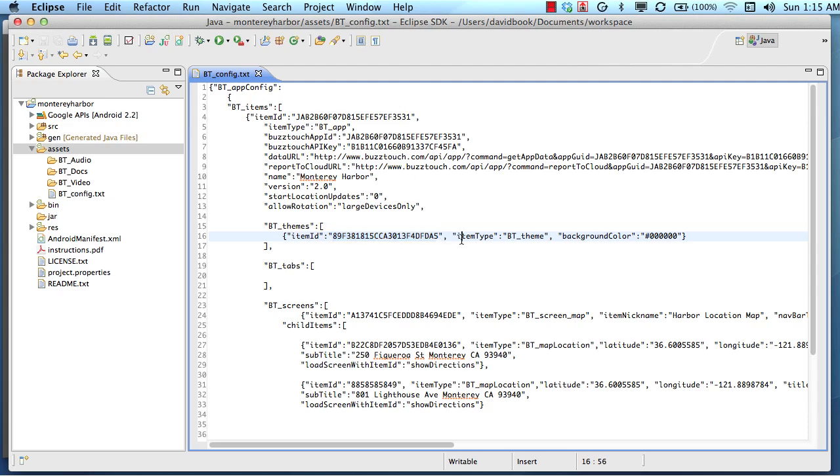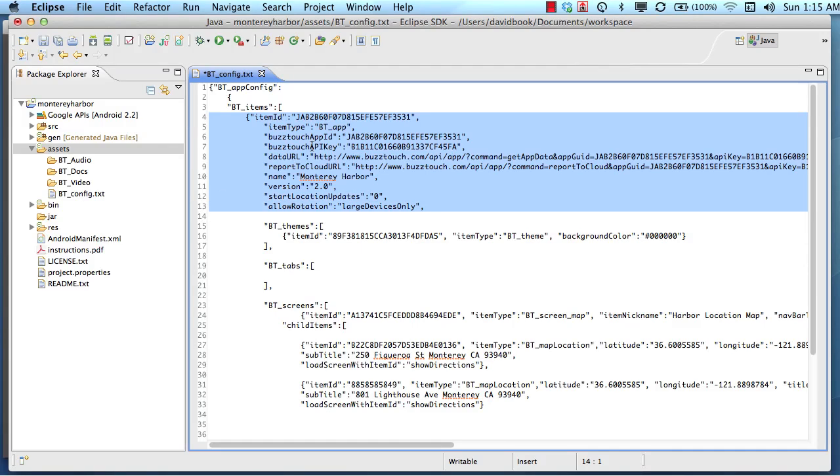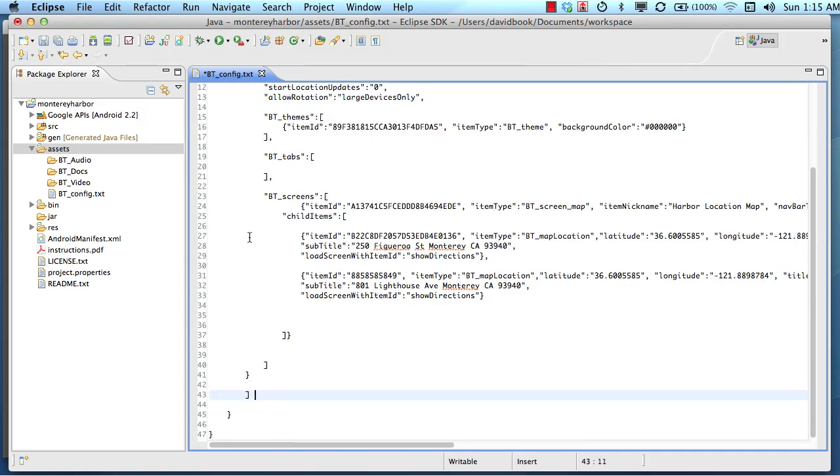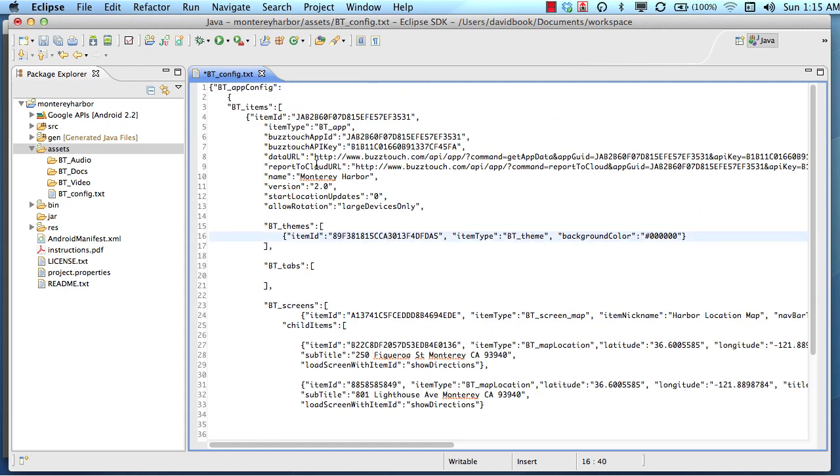And the number of properties in this theme will vary. You'll always have an item ID, and you'll always have an item type of BT theme, but you might have a background color, you might have a nav bar color, stuff like that. You might not, right? It just depends on how you've set up your theme. So the theme will only be one item. And then above the themes, you'll have some properties as they relate to the application itself. And everything inside the BT items array, which starts here and ends here, is related to your application. And then everything, including the BT items, is kind of wrapped in a parent or master object called BT app